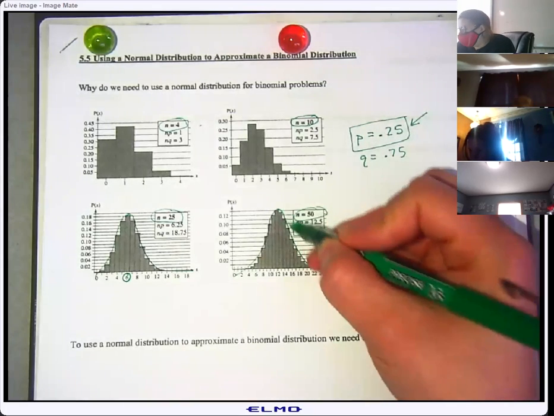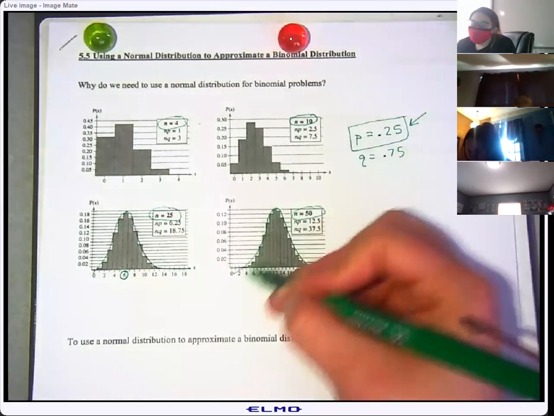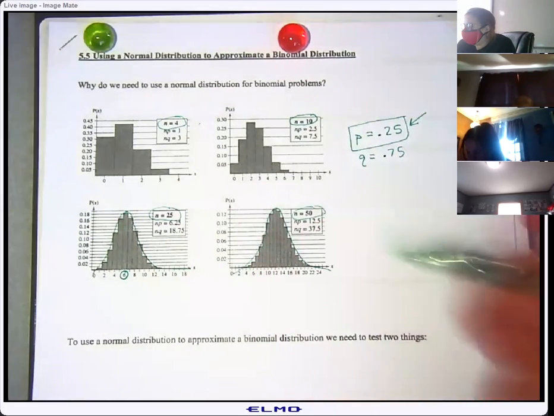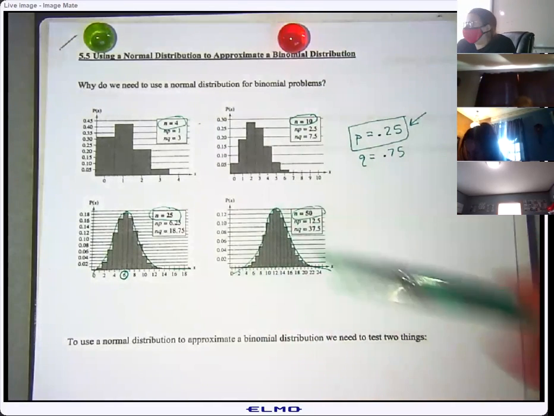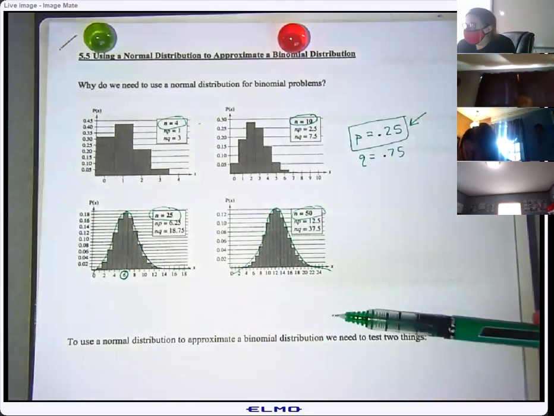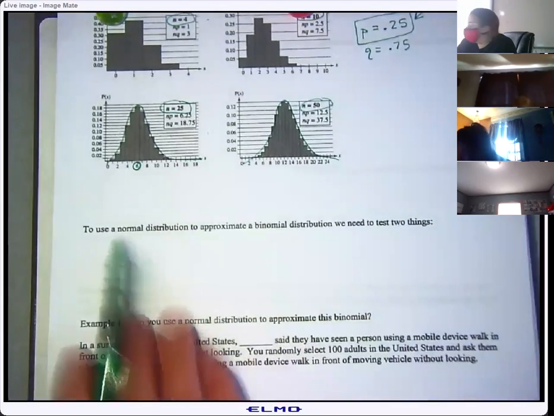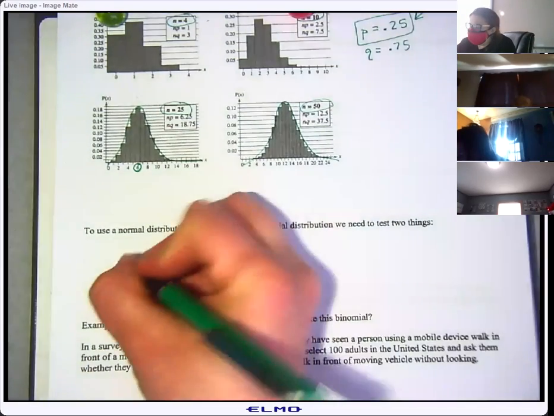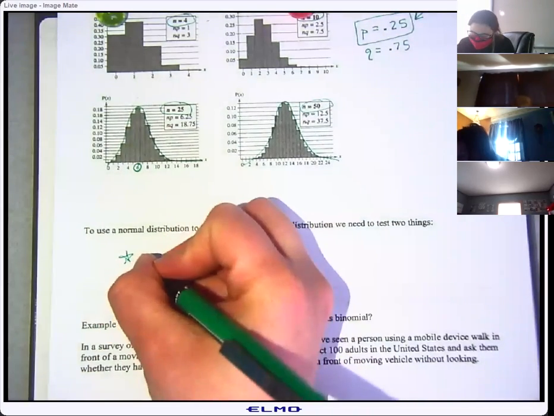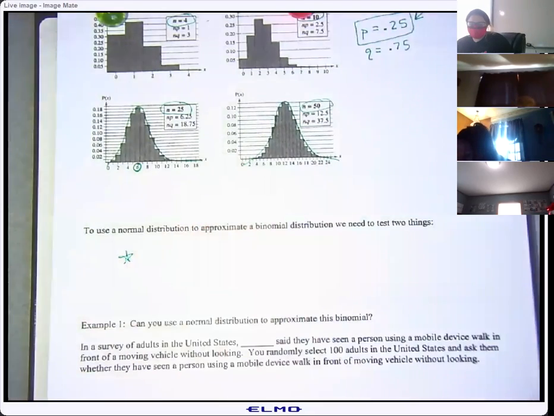And then some people are getting a little bit more right and some people are getting a little less right, but it kind of tails off on either side. But do you see how as n increases, a binomial looks more and more like a normal curve? Okay, so it's actually really convenient. We can start to use a normal to approximate a binomial, but we have to test 2 things to be able to do that. So the first thing we have to test is that